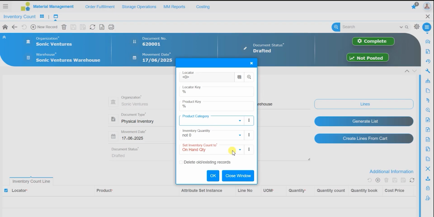Next, we have the field Set Inventory Count to. This determines the starting count quantity that will appear on the inserted lines after generation. It can either be the same as the current on-hand quantity or set to 0. For this demonstration, let's choose 0, so that the quantity count fields will initialize as 0, and we can update